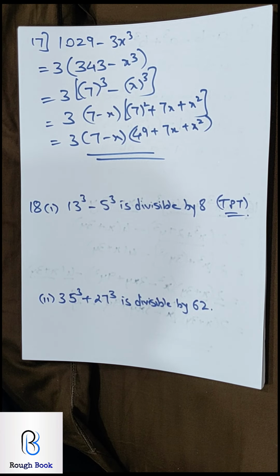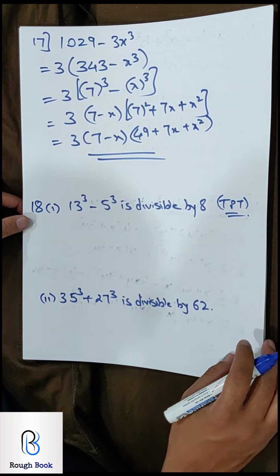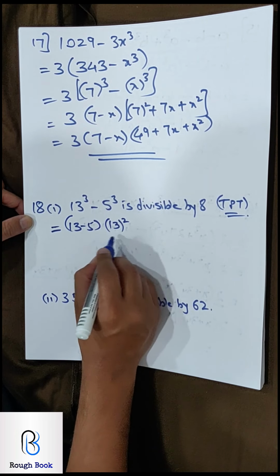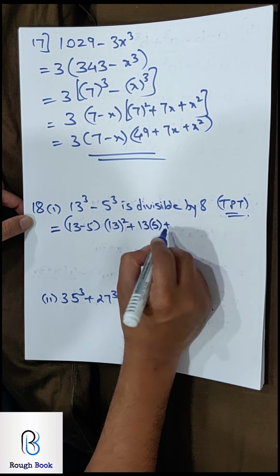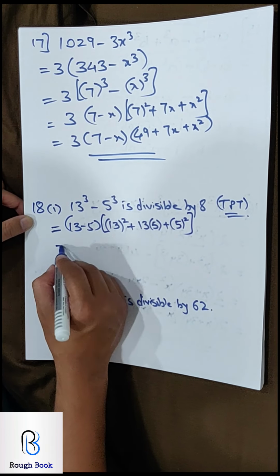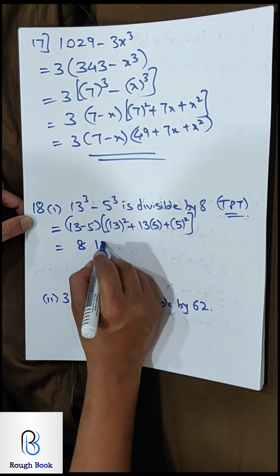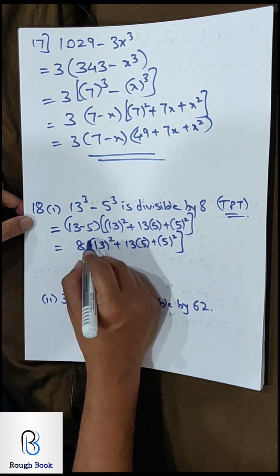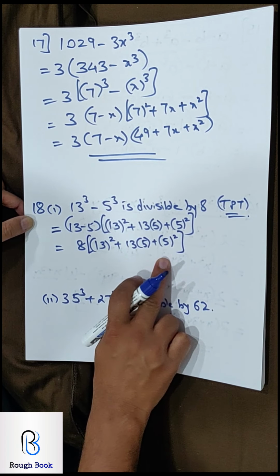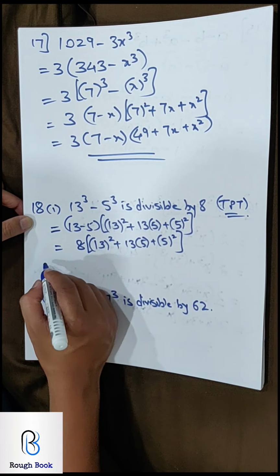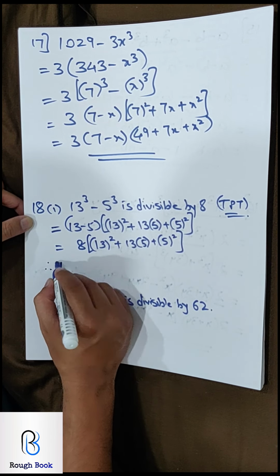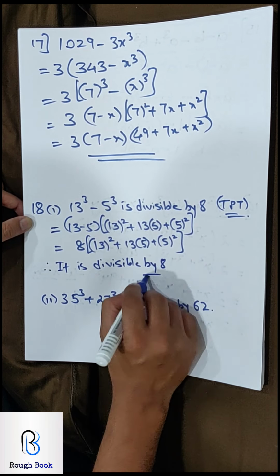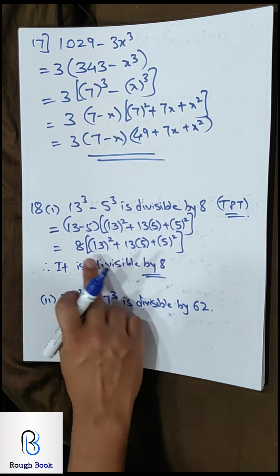I'm giving you some time to think. Okay, it's slightly different. Apply the formula first, normally. So a minus b, a square, don't solve this, plus ab plus b square. We're just applying the formula. 13 minus 5 gives you 8. I repeat, don't solve this part, don't even write 65, it is not needed. Once you reach here, you can see 8 multiplied by something, that means it is divisible by 8. So you can say since, or you can directly say therefore, it is divisible by 8. Why divisible by 8? Because we can see an 8 over here straight away.